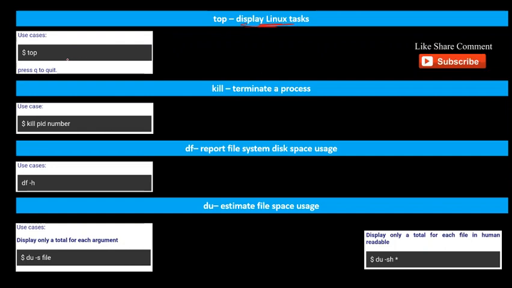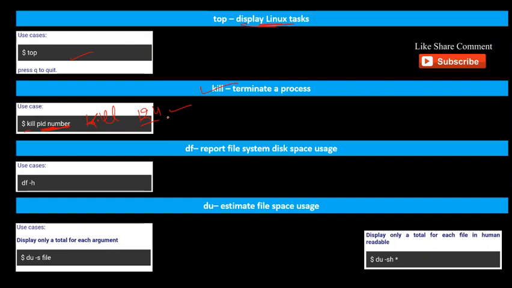And kill is used to kill a running process, so we can use kill followed by the process ID number, like kill 124, and if we press enter, it will kill that process.